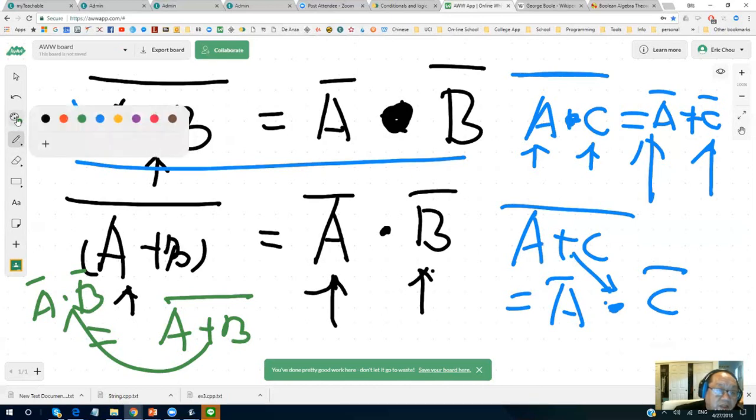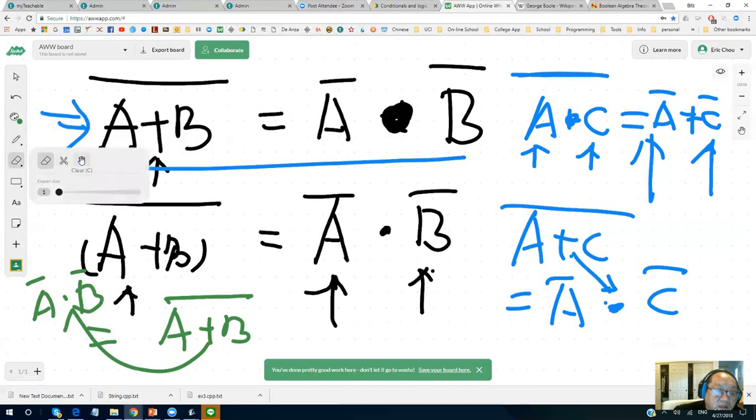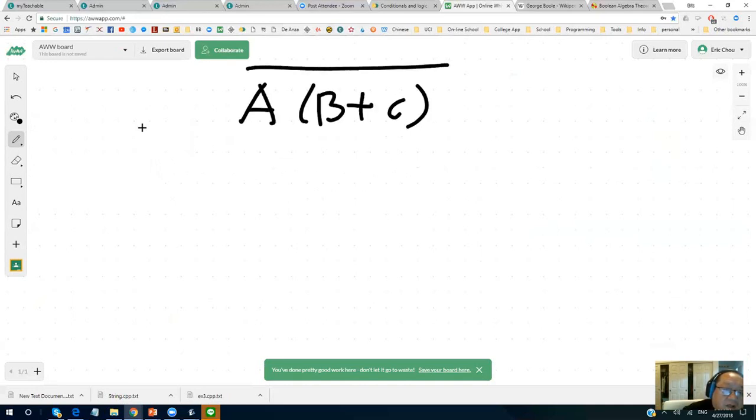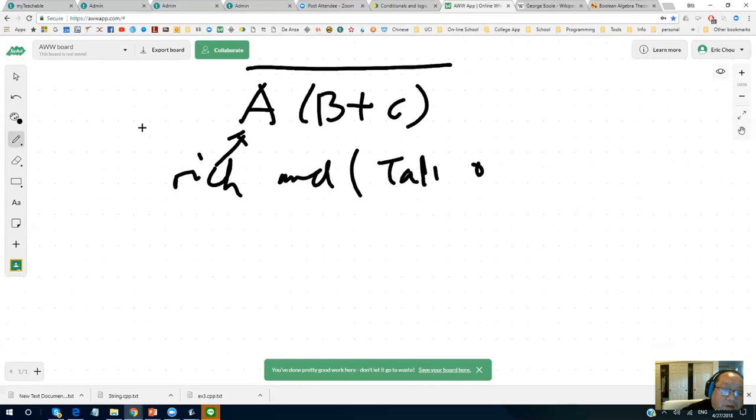Okay, let me clean this. This is not too hard so far, okay? So right here, that's an exercise. A, B, and C bar. So I'm rich and I'm either tall or educated, right?